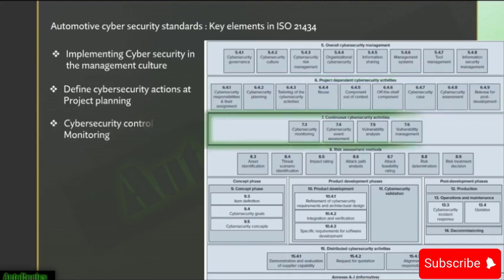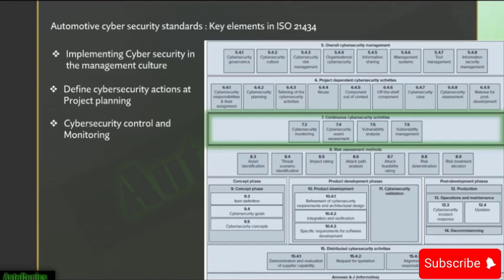Alright, let's jump into the next one, which is class 7, continuous cybersecurity activities. Friends, this section cites and emphasizes cybersecurity efforts and measures to be applicable on all the phases of aspects of business lifecycle, including outside specific projects. It identifies and defines the activities that provide information for ongoing risk assessment and vulnerability management of EE system until the end of support. So basically only these 4 classes: cybersecurity monitoring, cybersecurity event assessment, vulnerability analysis, and vulnerability management. Each section can be discussed in detail.